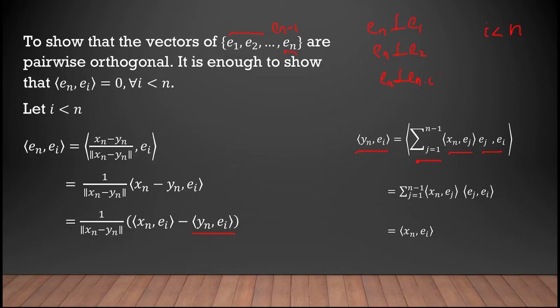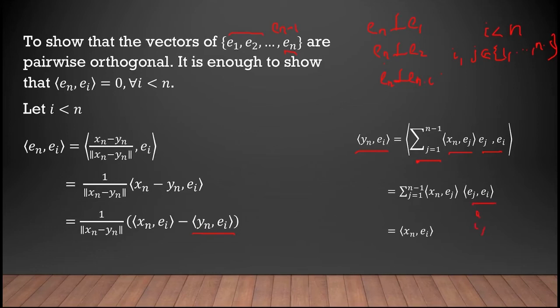Note that we have assumed that i is less than n, and j varies from 1 to n minus 1. If i is less than n, i is also in 1, 2, etc. up to n minus 1, so that ei and ej are